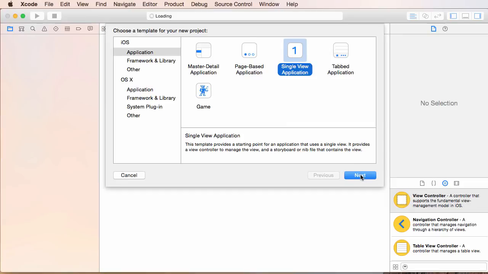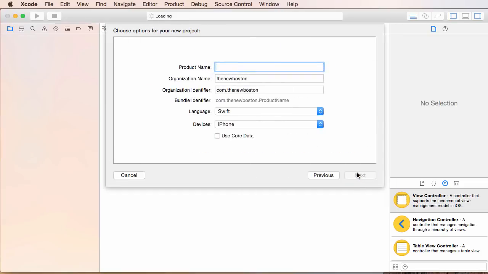And if we click next, right now what it says is, okay, so that's what you want to do, so give me some details about it. The first thing is the product name, which is essentially the name of your app. So I'm just going to name mine like